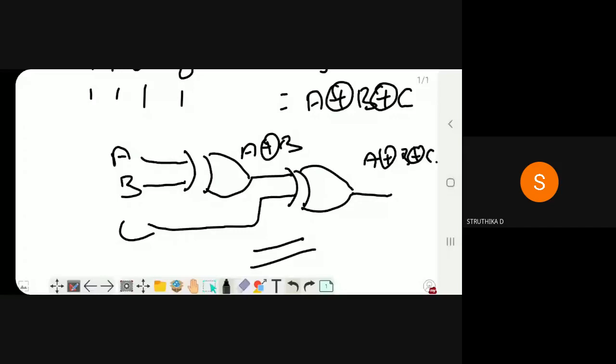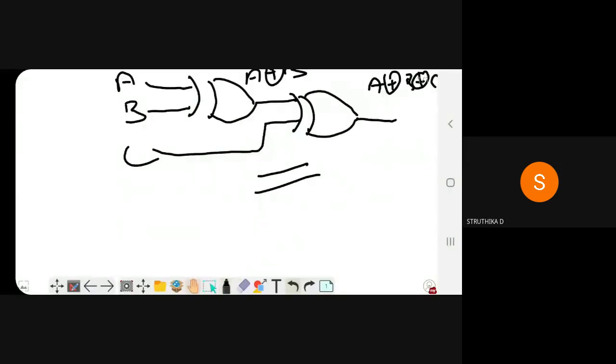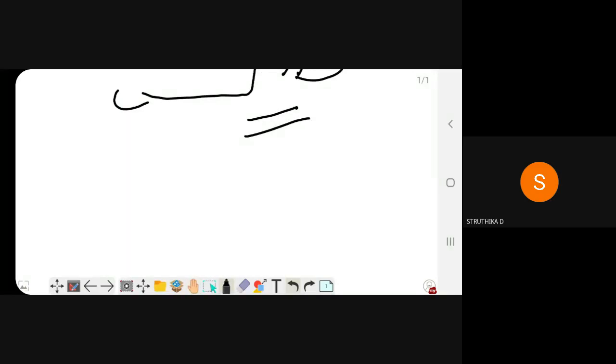Now you may ask, ma'am, data will have n number of bits, and you have designed only for 3 bits, so how will it work for me? If the data is of n bits, then the parity checker and parity generator we designed will work in the communication medium.